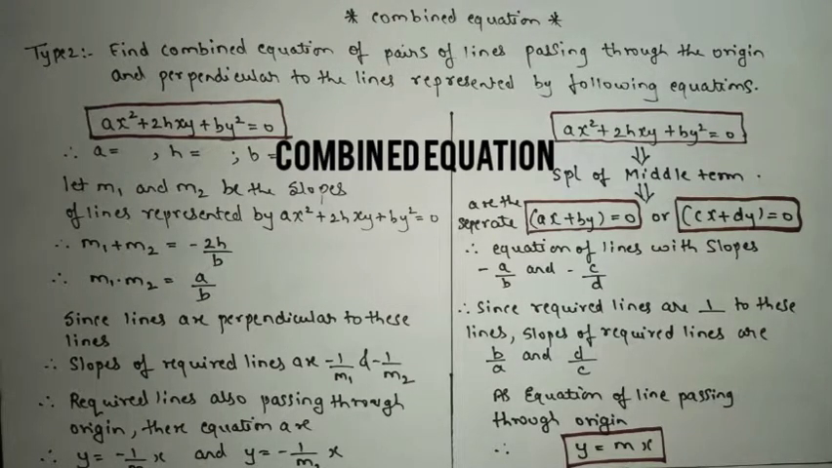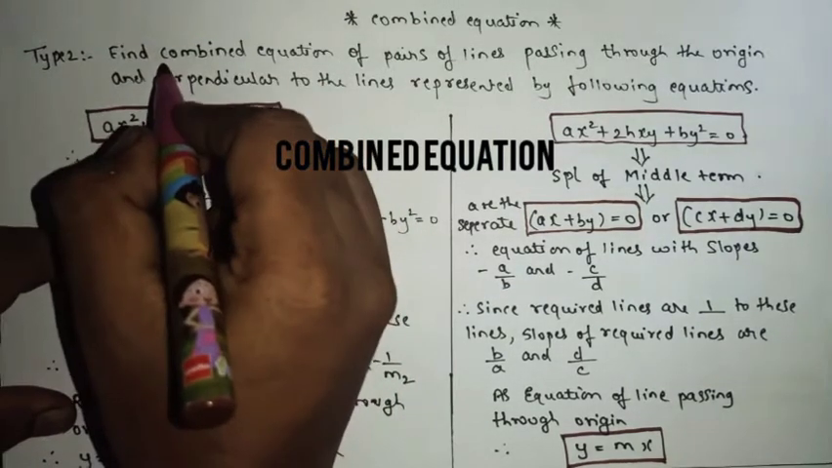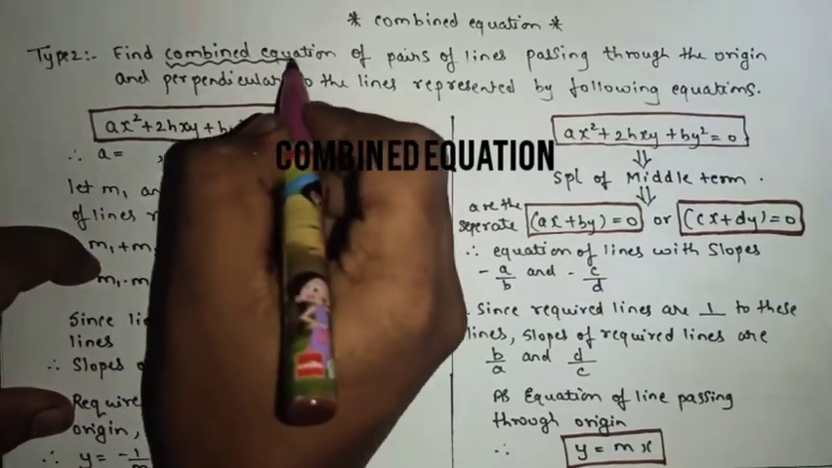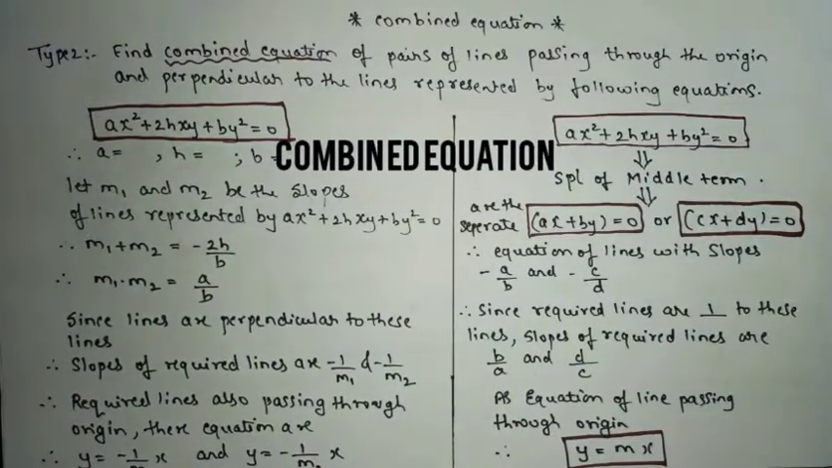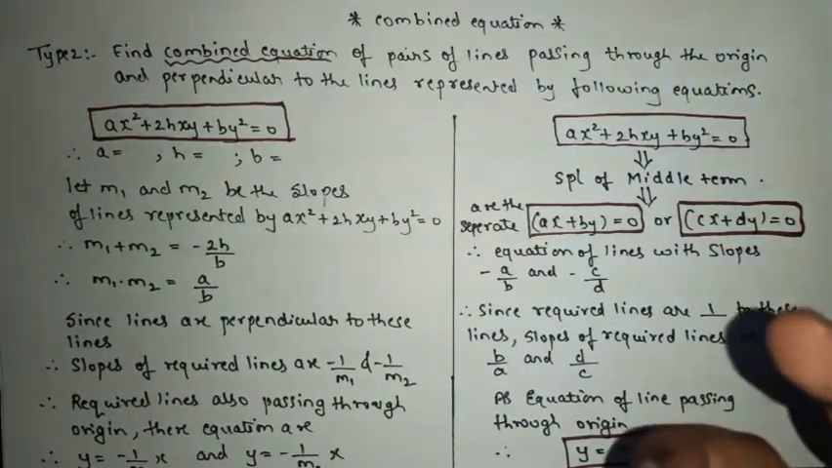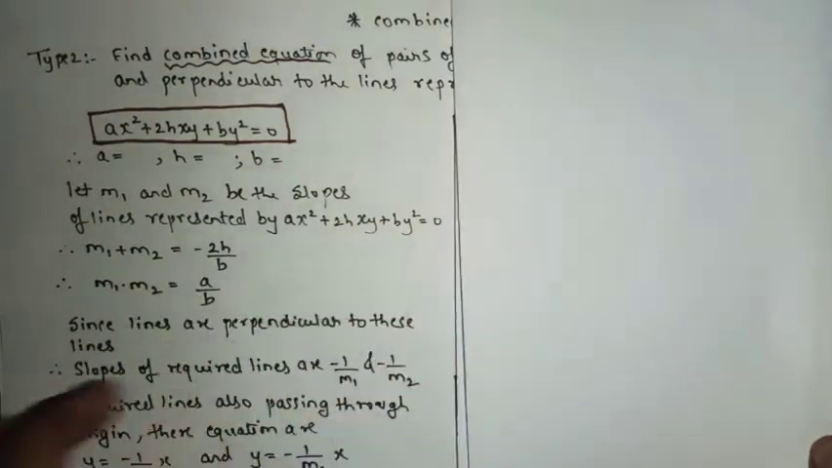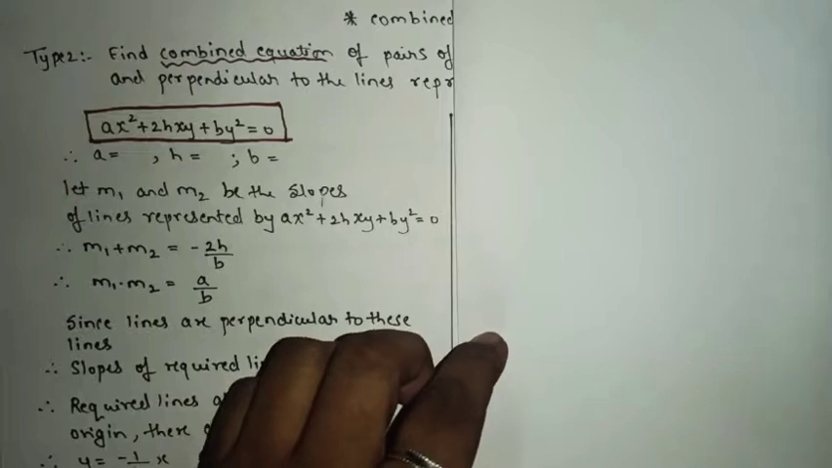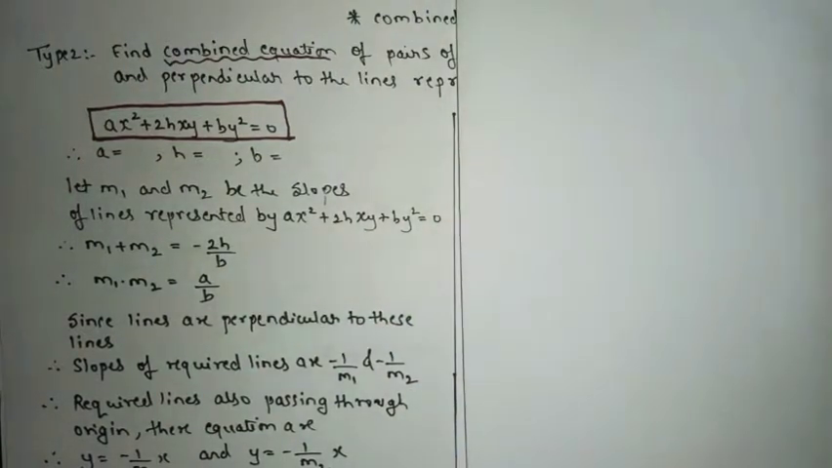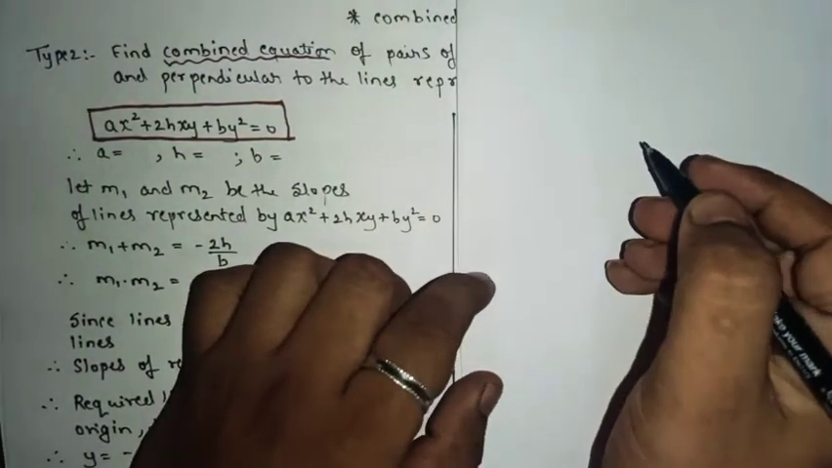Hello students. So now in this video we'll see type number 2. Again, it is based on the combined equation, but here the pattern of the question will be different. As in type number 1 in the previous lecture, we saw how to find the combined equation, yes or no,